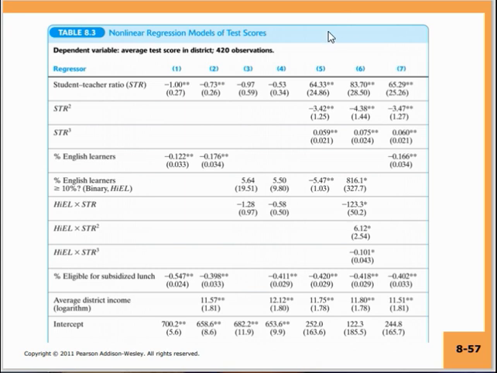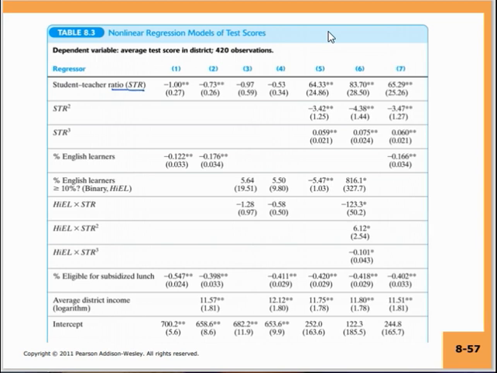Here you can put all your different models that you built in the different columns. The first column stands for the different independent variables that you might want to include, and each model is giving different combinations of the independent variables. So the first model just has a linear model. You have included student-teacher ratio, percentage English learners, and percentage eligible for subsidized lunch. This is for the first model.